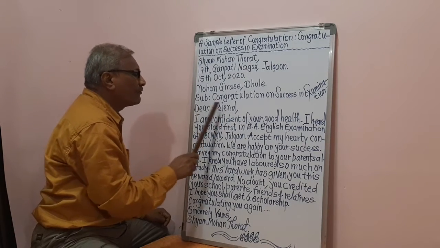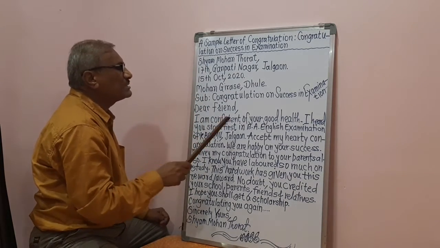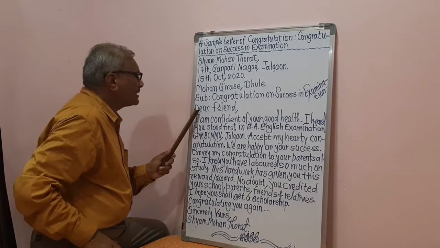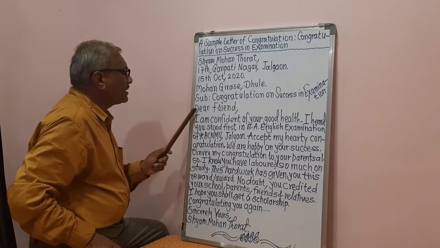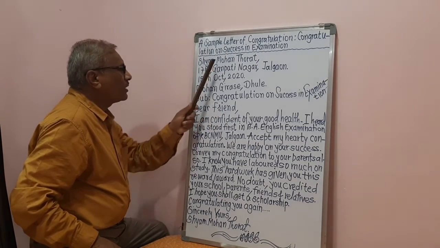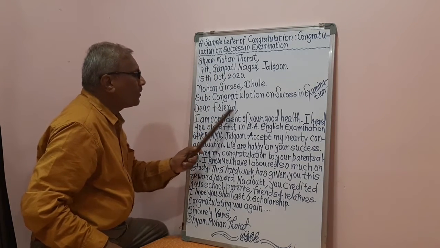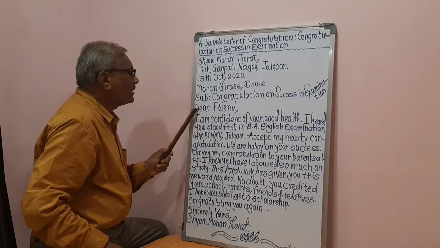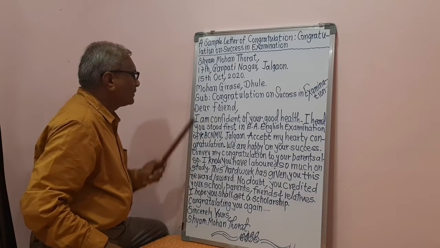What he says? Dear friend, comma, and he wants to congratulate his friend very nicely, that's why he says dear friend, comma. So remember, when we start this letter, after this part, we should write dear friend, because we are writing this letter to our friend, or this Shyam Mohan Thorat is writing this letter to his friend. That's why we should say dear friend, comma. So write always as I have written here: dear friend, comma. So write like this. This is the rule of the method of the letter. And then